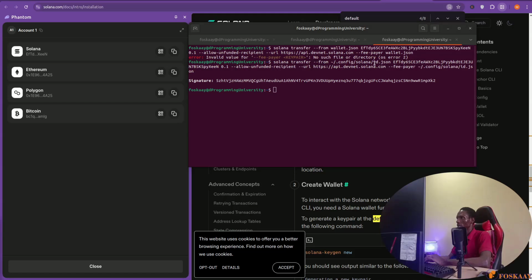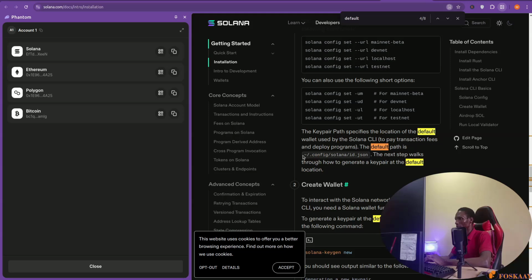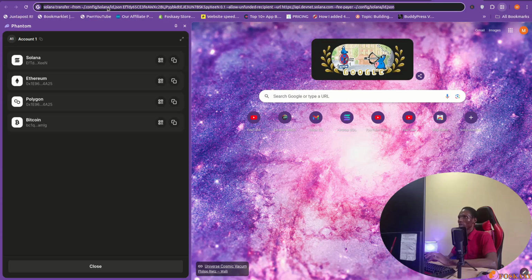So you can see it now. I tried it with this and then it went straight. So it was actually the id, but I had to copy this complete path with it so that it can locate the wallet on the system you are using, to identify it and be able to sign the transaction. So what I did was to copy this completely, and you can see it. I used it to replace that